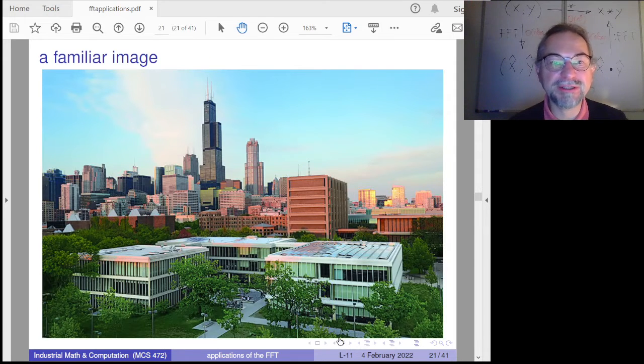So here is a familiar image. I think I captured this off one of the UIC websites. So we have the Chicago skyline behind three of our newest buildings. So this is our image that we can load